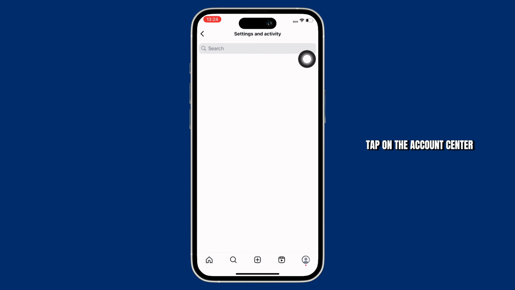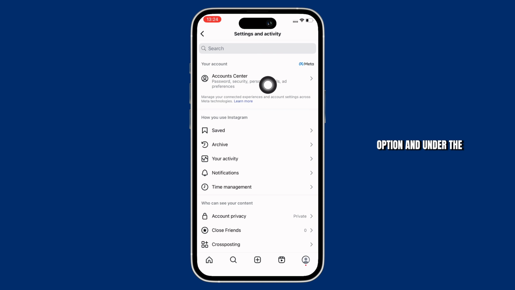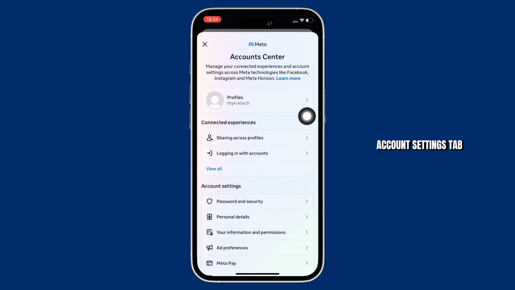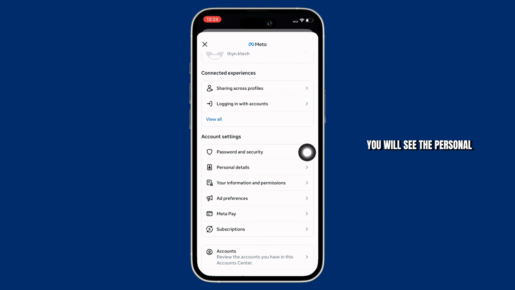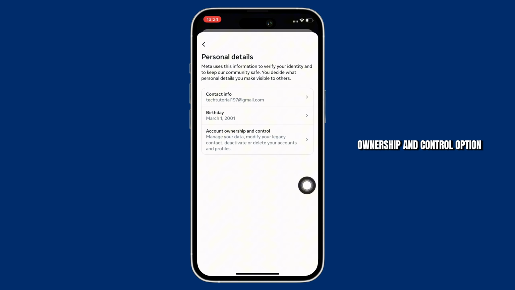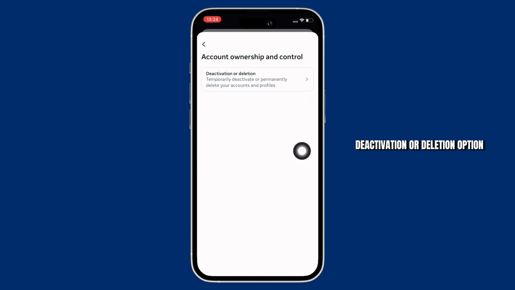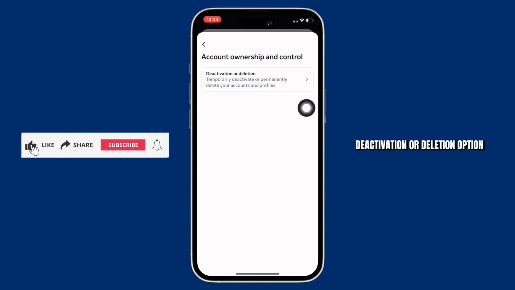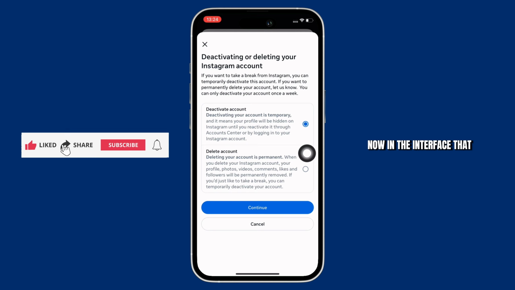Here, tap on the Account Center option and under the Account Settings tab, you will see the Personal Details option. Tap on that and then tap on the Account Ownership and Control option and further tap on the Deactivation or Deletion option. Now, in the interface that you will be led to, select the Deactivate Account option and tap on